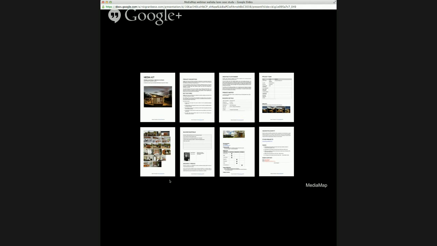So this next slide that we've got is an example of a Word doc or Google Doc media kit. And this is what Jolien used to get his project published. And what a media kit essentially does is try to preempt all the typical questions that the media will need to ask about your project, and then write that down beforehand, and also include images, etc. And you can think of this as all the building block material that a journalist will need to write a story. And if they don't have this, then they're going to have to get it from somewhere.